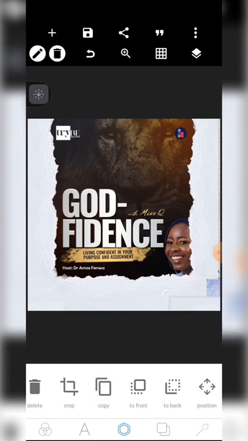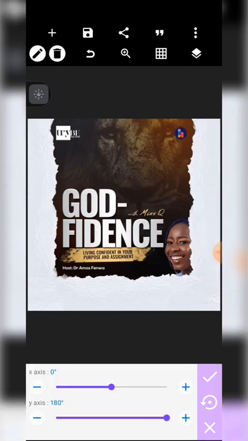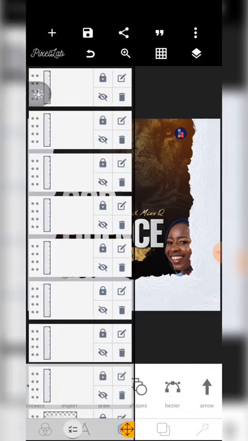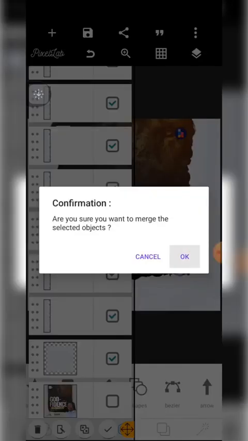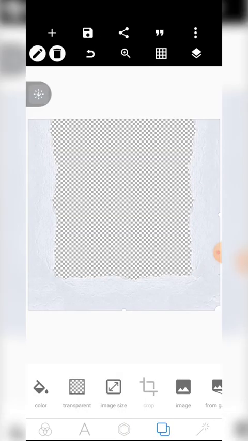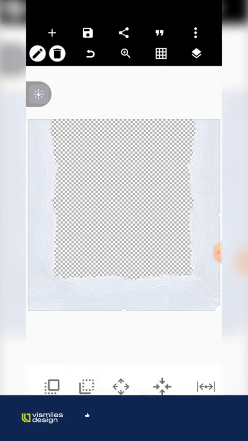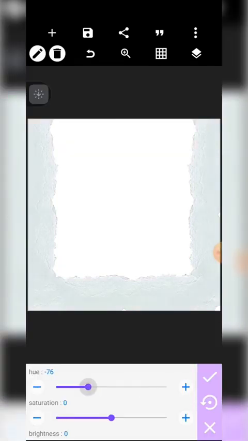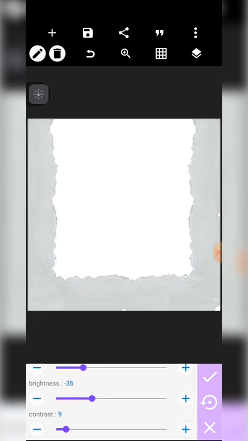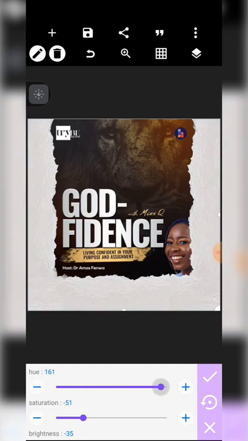So after creating this replica of it, I had something like this, and this is close to what I was looking for. Okay, so now what I'm going to do is to mark all of them and group them to become one file. So I have to save this particular resource here for you guys. I'm going to post the link of it in the description, or if it's not there, my WhatsApp number is normally on my YouTube page, so you could just DM me for it if you don't have it. So the next thing now is going to be bringing in